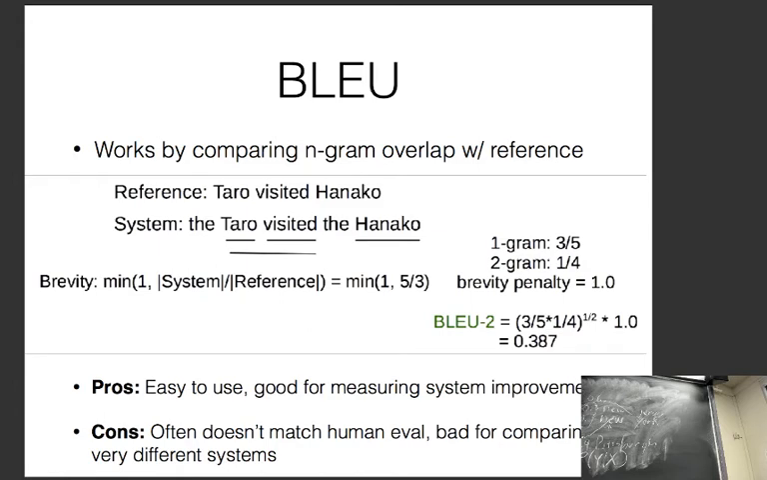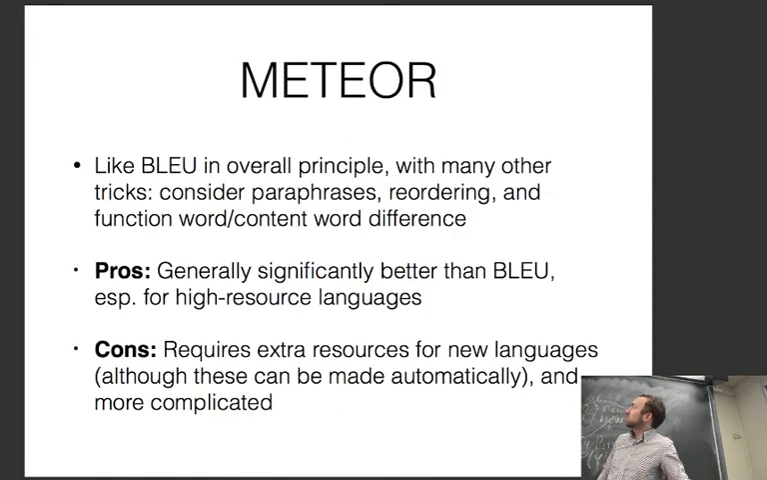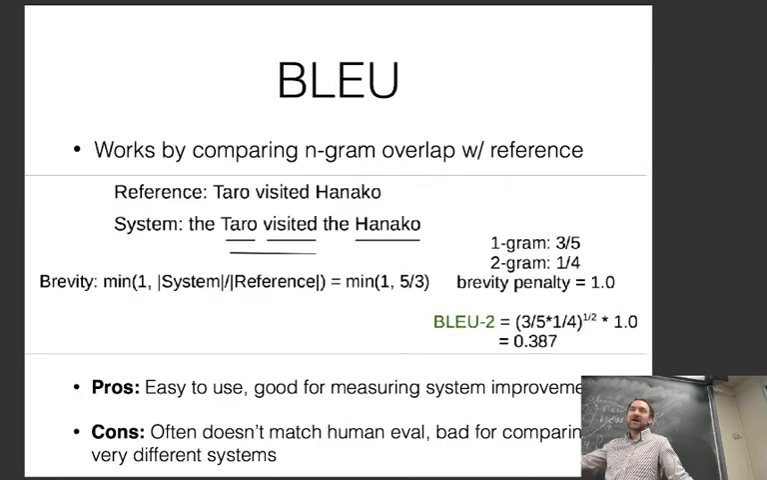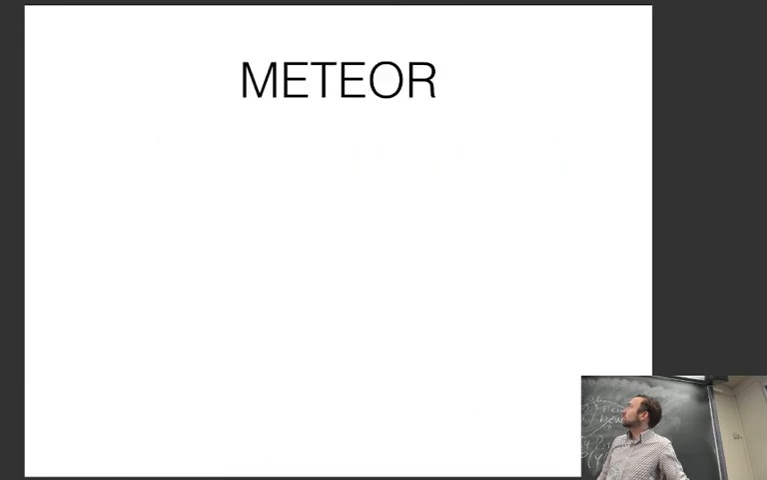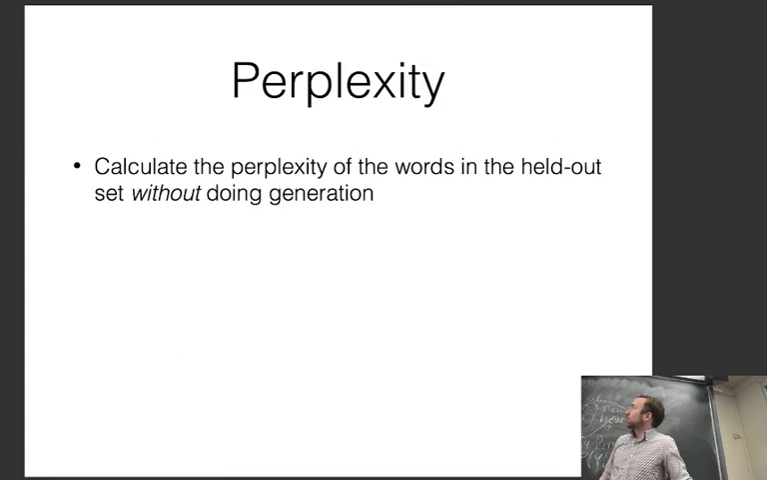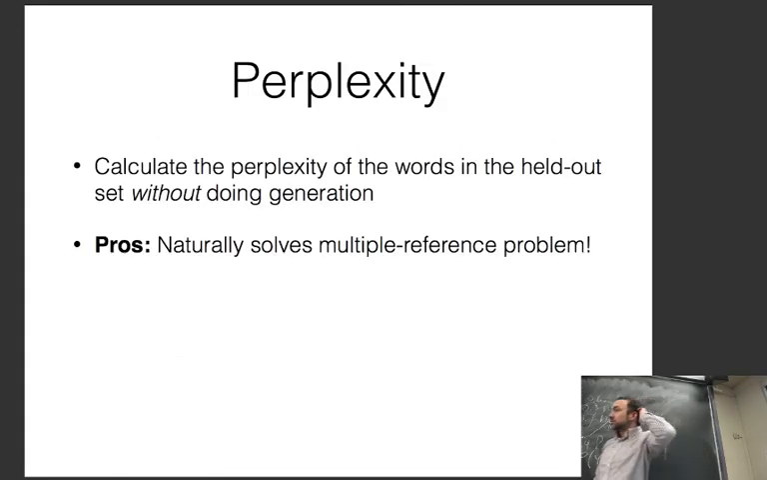If you prepare a whole bunch of references, this can help improve the accuracy or correlation with human evaluation a whole lot. The only problem with this is that it takes a huge amount of time to prepare all of these references, and it's not always easy to do. So one advantage of using Perplexity is this actually naturally solves the multiple reference problem, because what you want to